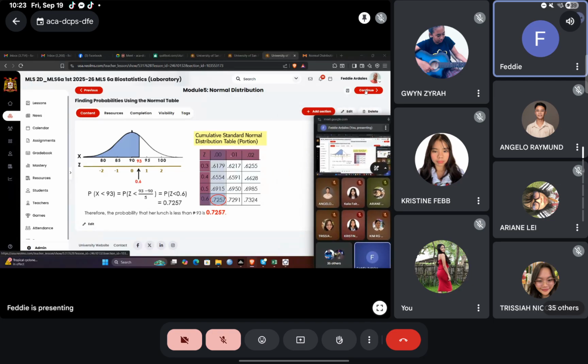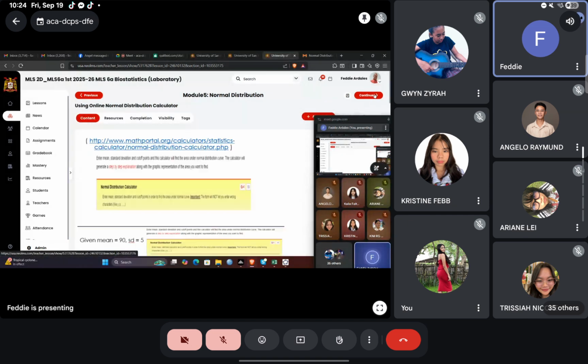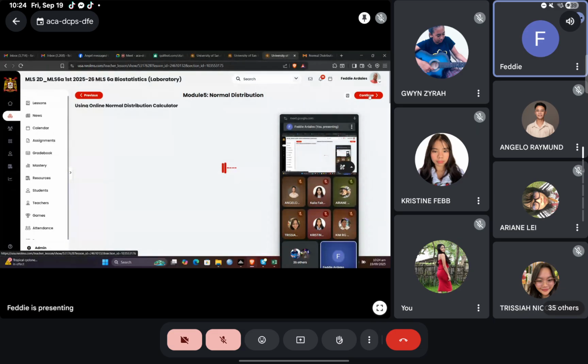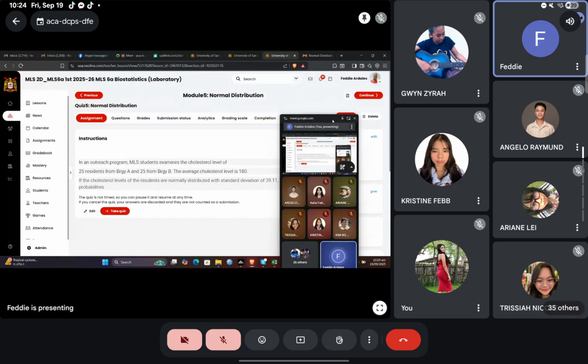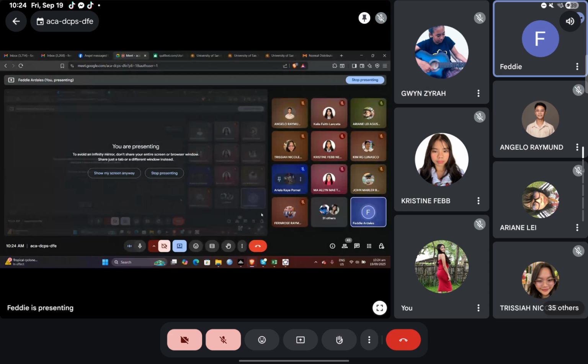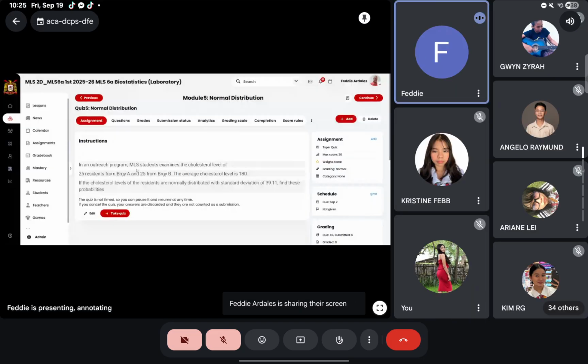Let's see what the next item is. Again, there is the link here using your portal, and the other one on how to install. This is the instruction on how to use this online calculator, which we discussed a while ago: the online normal distribution calculator. The next item is already your activity. Unless you have some question, let's call this a day. Clarify it now, so that it's still fresh in what we discussed.